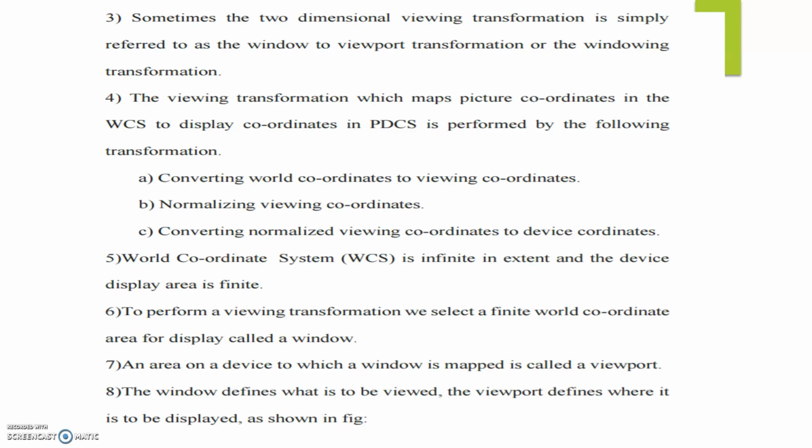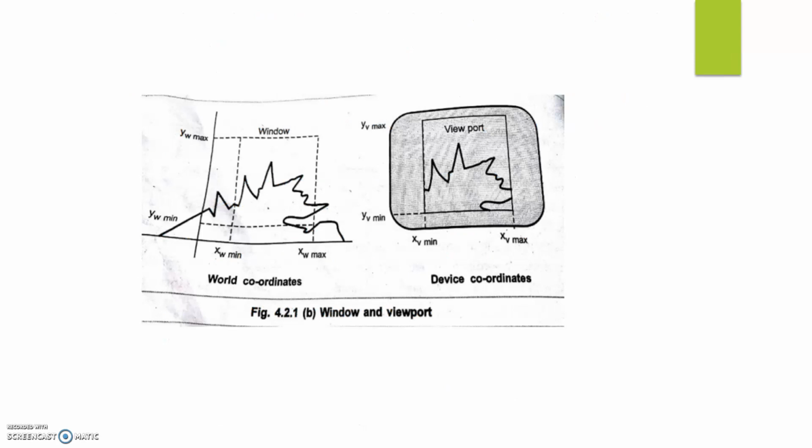The window defines what is to be viewed. The viewport defines where it is to be displayed. You get this particular figure, window and viewport. This is the world coordinate system and this is your device coordinate system. This is the window, and this is the viewport.